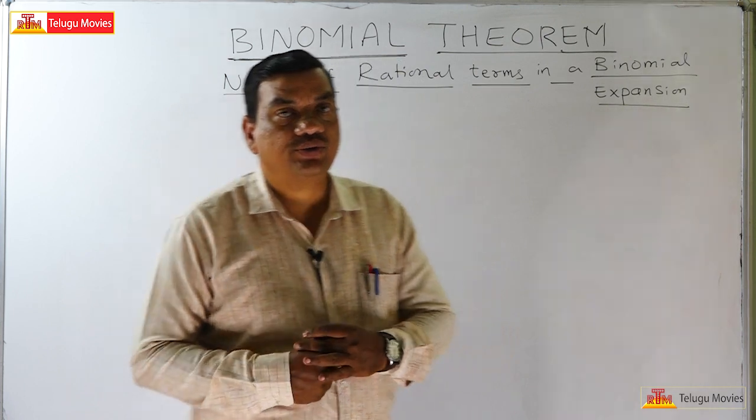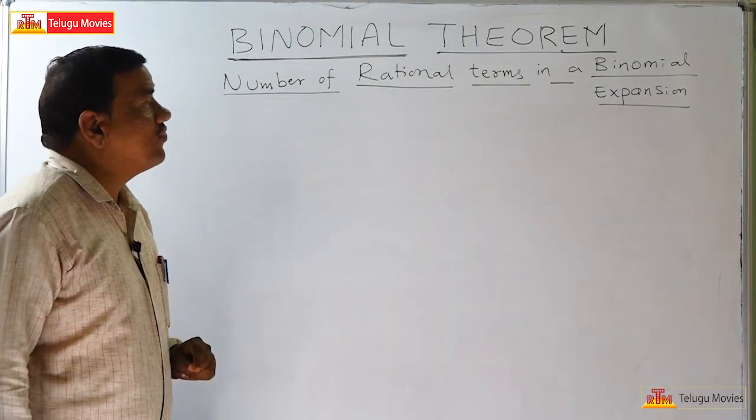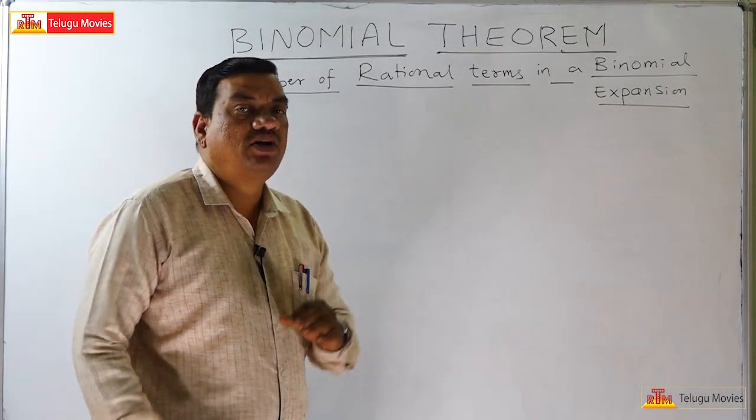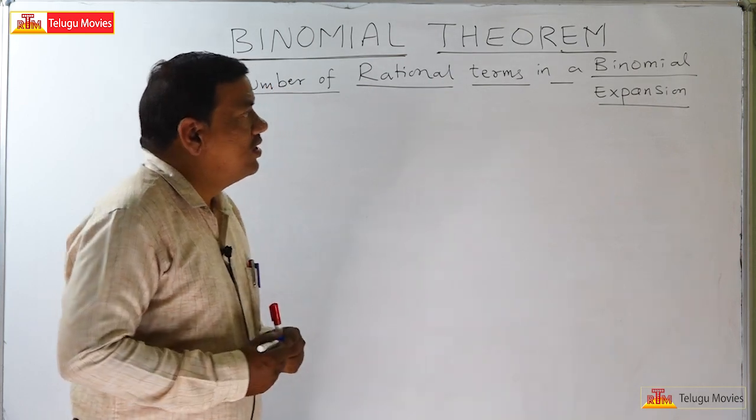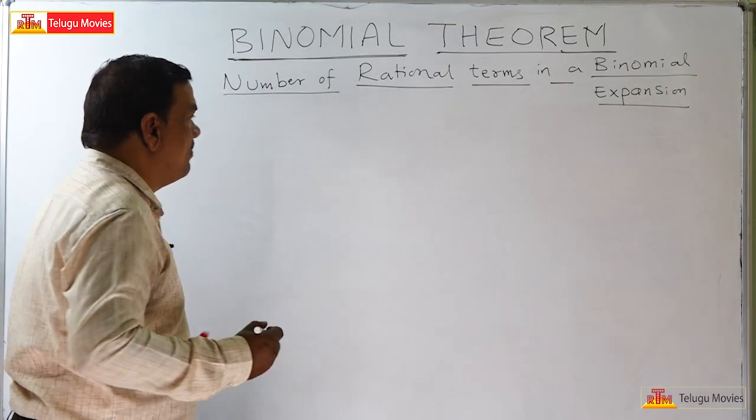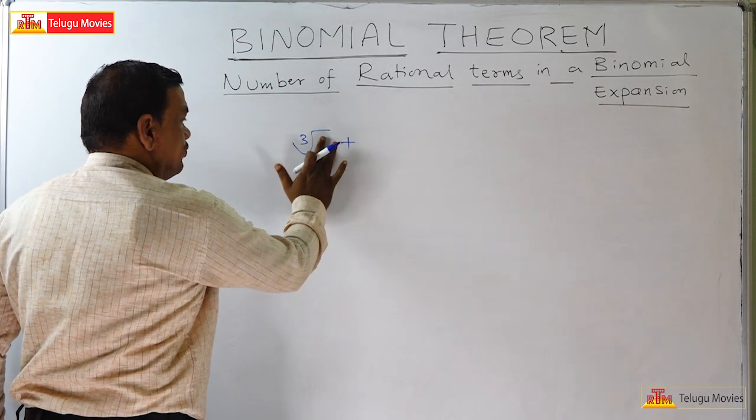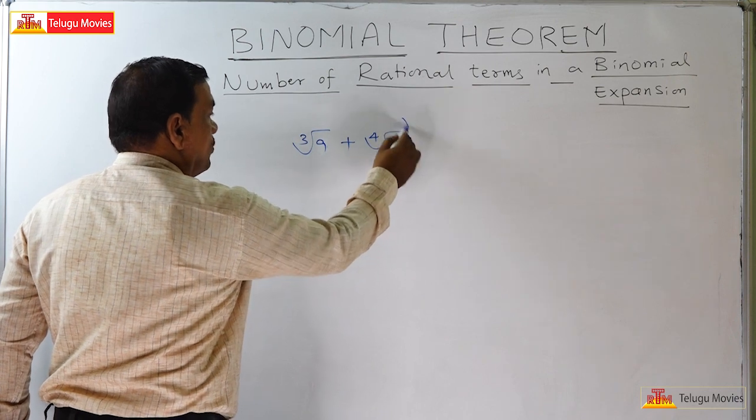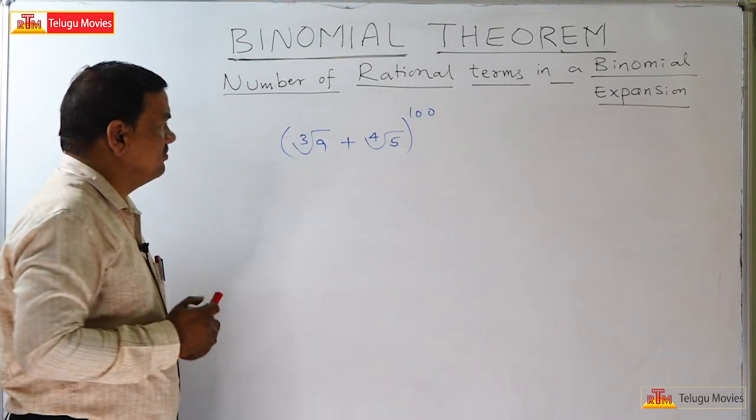Today I am going to explain the topic number of rational terms in a binomial expansion. What is meant by rational terms or irrational terms? Let us see that. For example, if you take a binomial, the cube root of 8, otherwise cube root of 9, and fourth root of 5, whole to the power of 100. In this expansion,